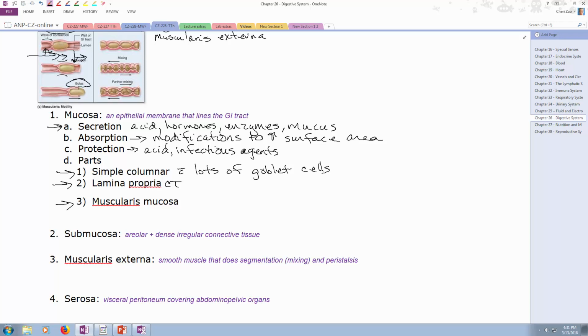Let's see here. Lamina propria is going to be CT, and this is loose CT. It's just going to be right below the epithelium, keeping it attached to the surface of the underlying structures. And then the muscularis mucosae. This is a really tiny, thin layer of smooth muscle